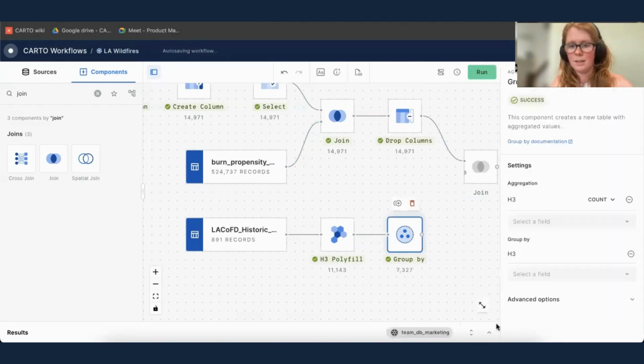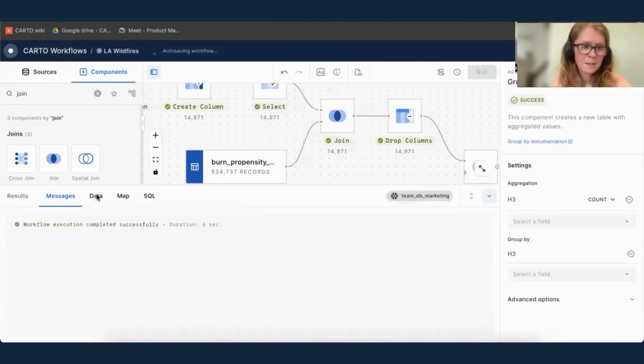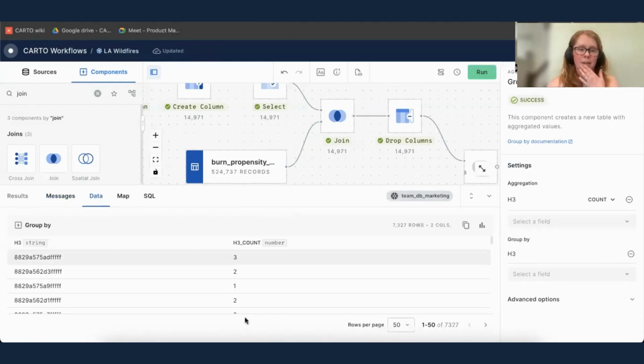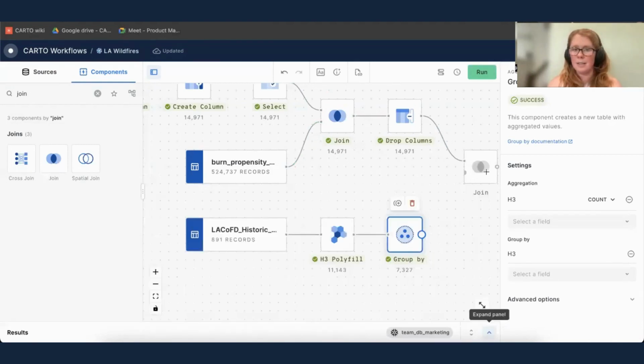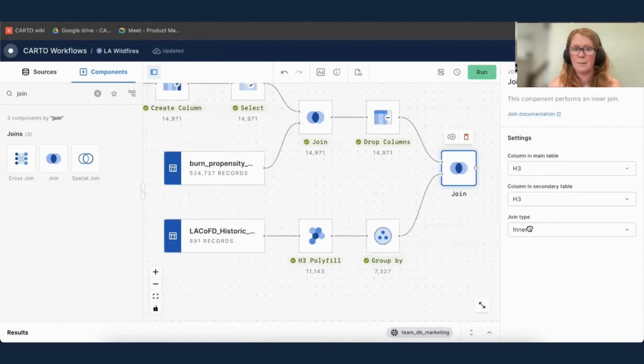So let's take a look at the results of the group by. Open this up, data, H3 count. You can see we have the number of wildfires in each of these H3 cells. So let's join these together. H3, H3, and we want a left join,